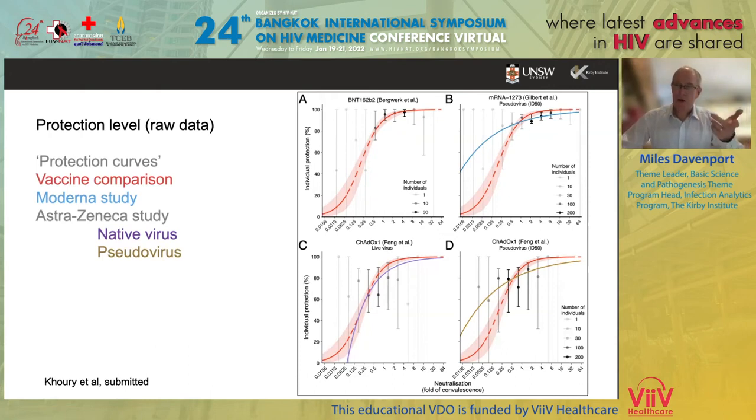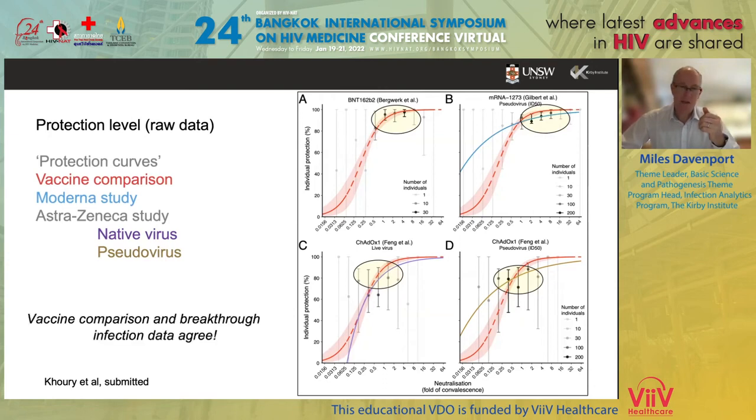But in fitting these models, there was a limited range of neutralization titers for which there was data, because obviously the mean of the Moderna centers around 4 times convalescent, etc. So when you focus in on where there was sufficient data, you can see that both the estimates at the individual level of protection and the curves agree very well between these breakthrough infection studies and our vaccine comparison. So we found that very reassuring, that we're actually measuring the same thing, comparing across vaccines in these individual infection studies.